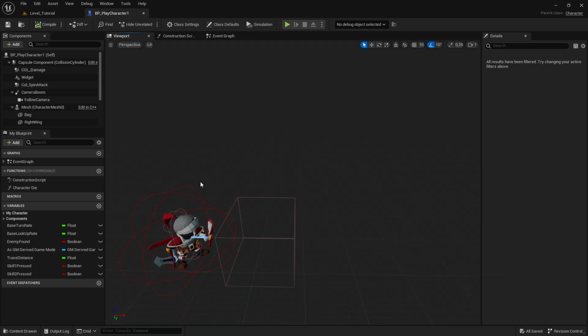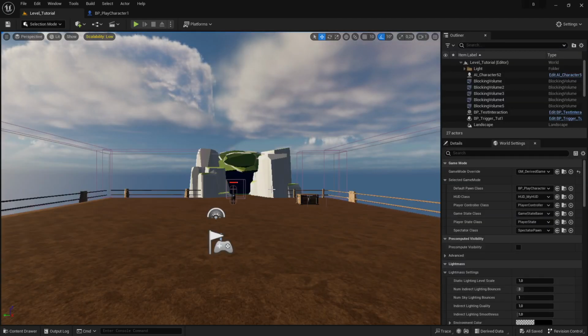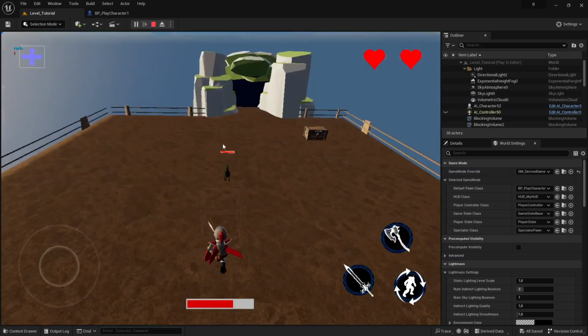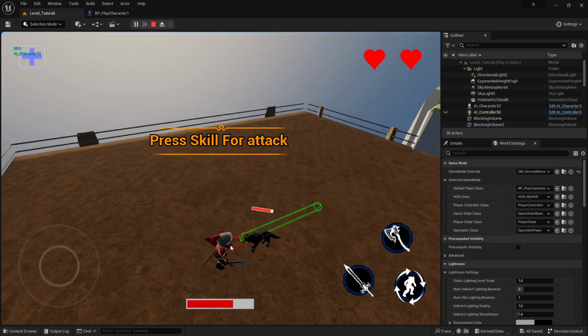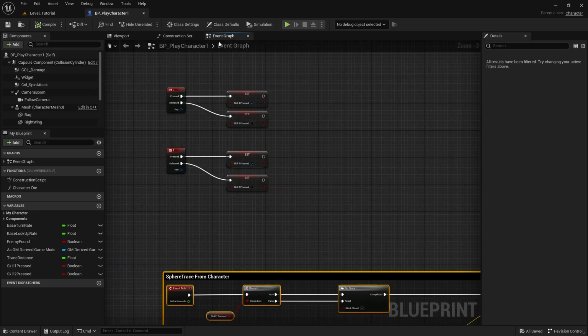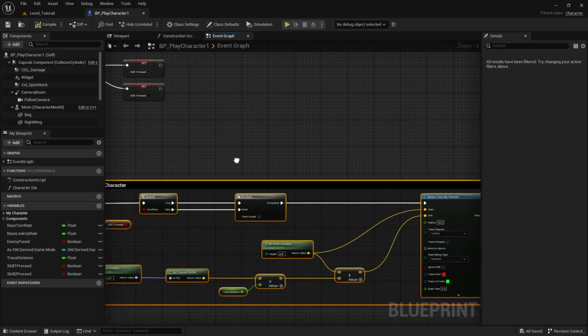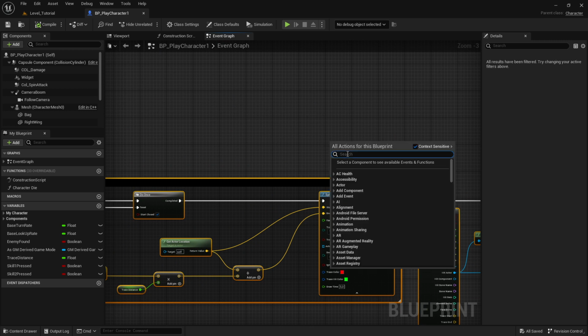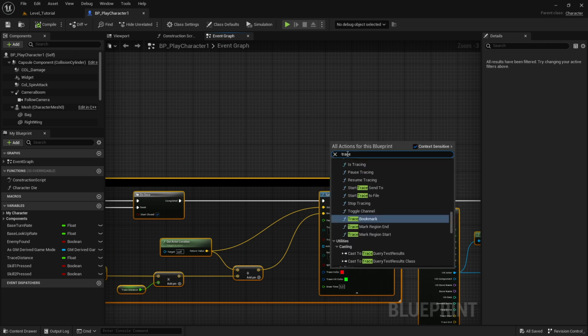So first of all, what we will do: the line trace in general, when you press it, it will shoot just a line. Like I said before, it will hit, it will collide, and important is that it must be not a line trace but a sphere trace. Let's right click here and type trace, and you can see there are different kinds of traces,